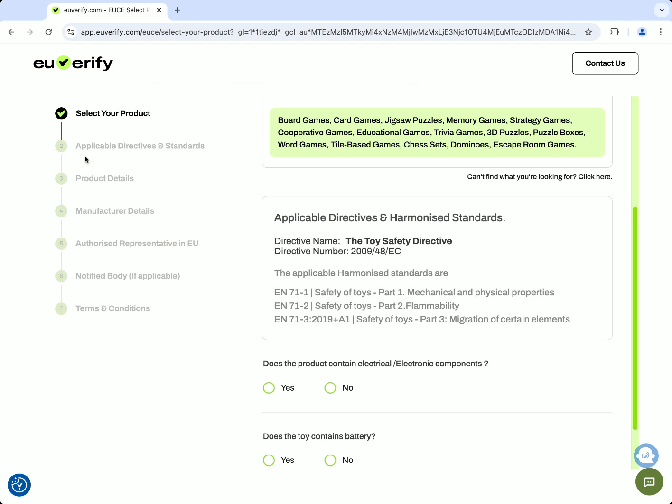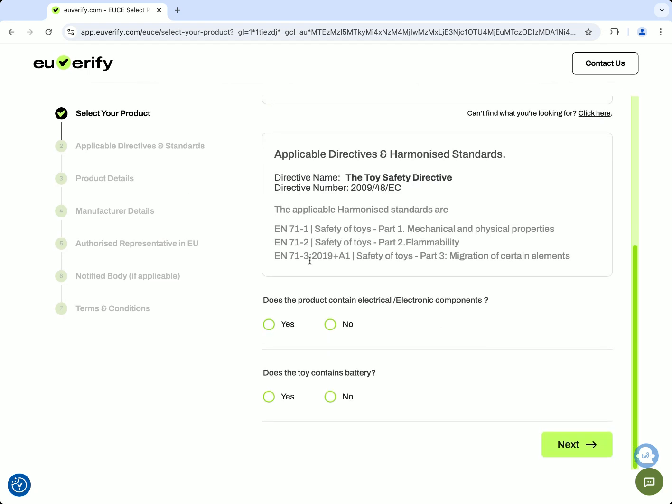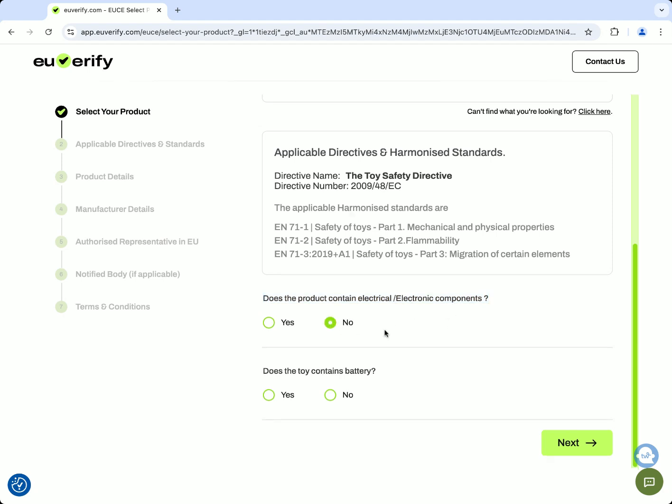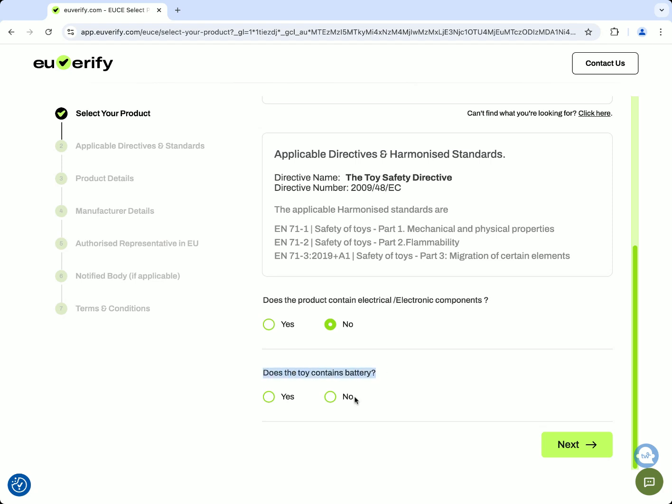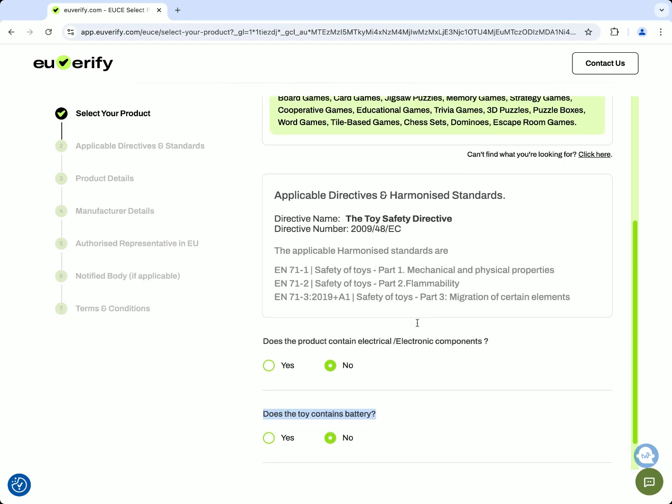In the next step, you'll have the option to add or remove other standards or directives as needed. Additionally, the tool will ask a few product-specific questions to determine other applicable directives or standards. For example, in the case of a toy, the requirements may change if it contains electrical components or a battery. In this example, our toy does not have electrical components or a battery, so I'll select No for both and